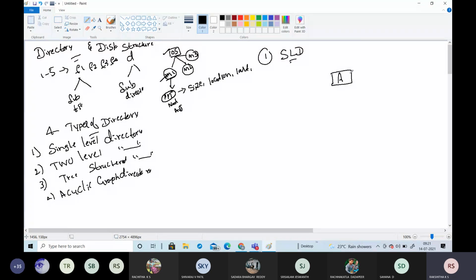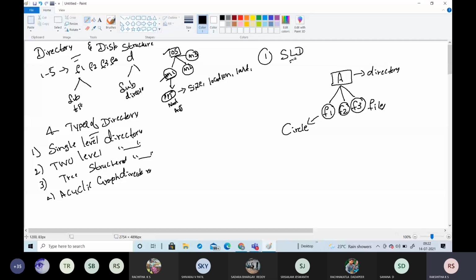For that directory there are files, like file 1, file 2, and file 3. The directory is represented by a square, and the different files are represented by circles.